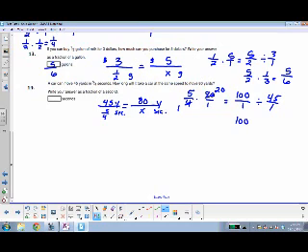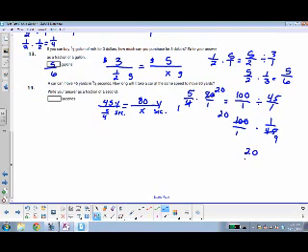We're going to rewrite that as 100 over 1 times 1 over 45. Then we're going to simplify out our 5's. This will become a 9 up top, divided by 5 gives us 20. When we multiply this out, we get